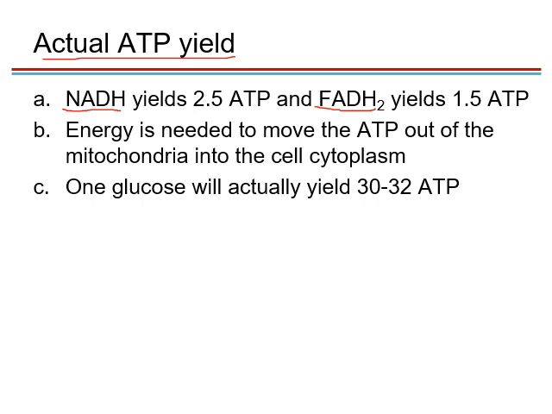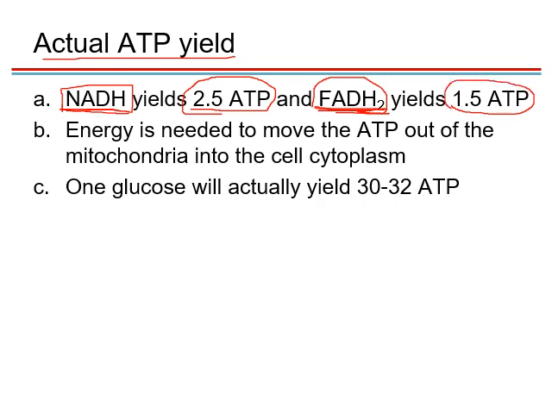So for actual yields, because this takes in energy needed to move ATP out of the mitochondria and moving other molecules in, for every pair of electrons brought to the electron transport chain by NAD, you can yield 2.5 ATP. For every FAD molecule, electrons brought to the electron transport chain by FAD, you can yield